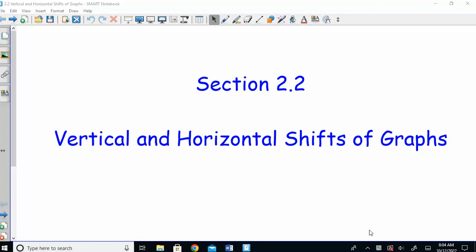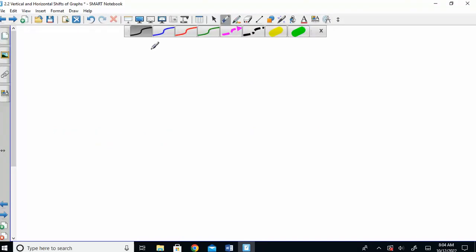So today we are going to start talking about transformations. We are going to kind of break this up. Today's focus is only on moving graphs left and right and up and down. So we will look at all those common functions, the parent functions that we did on the notes handout I printed for you on Monday, and we'll be looking at shifts for those. So in general, when we are talking about transformations,